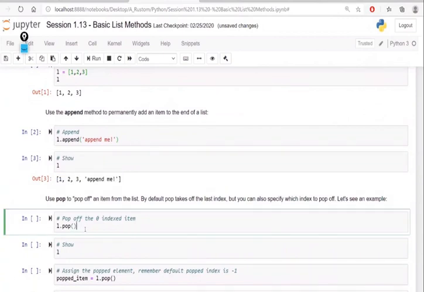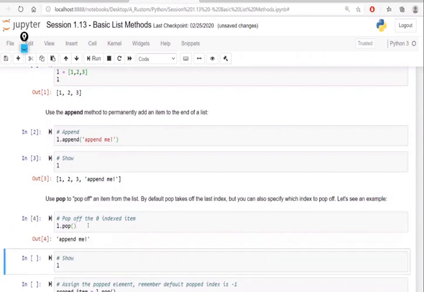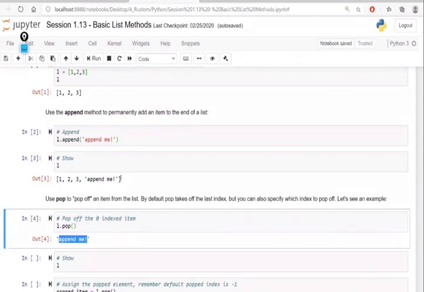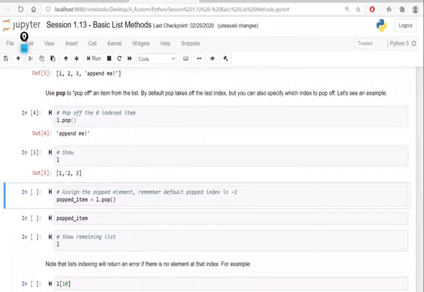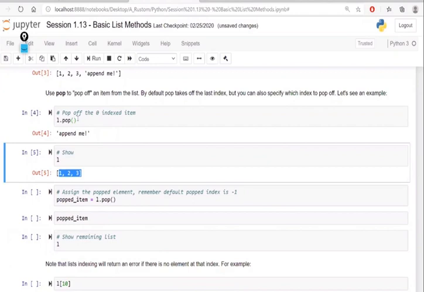Now there is something called the pop method here. What the pop method does is eliminate data. So I will say L.pop, and I don't give anything here. If I execute, it will show me the data eliminated from this list. When I print it, it will show only 1 to 3, right? Because pop will eliminate the last element. So the last element is what it is going to eliminate.